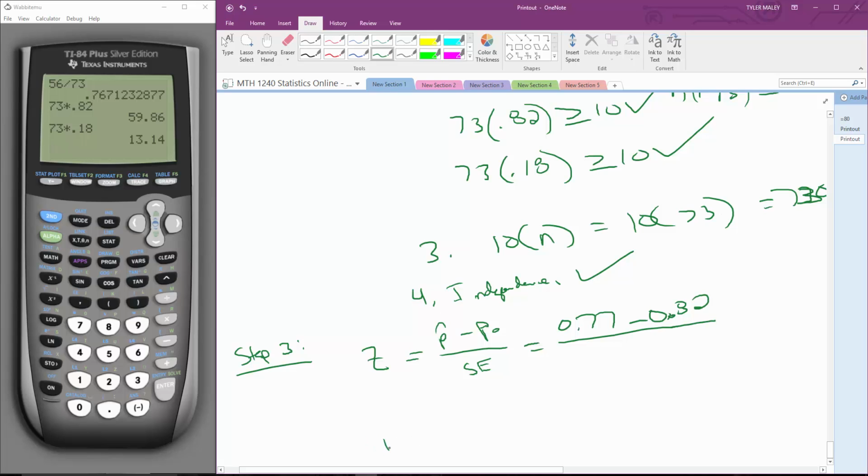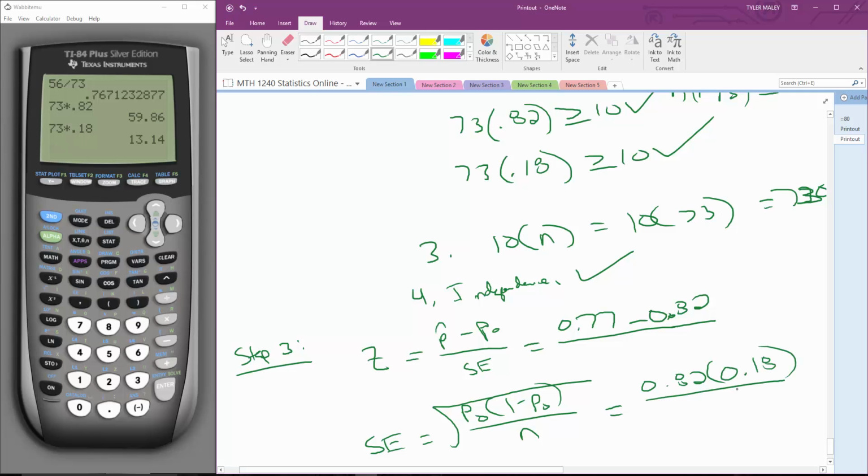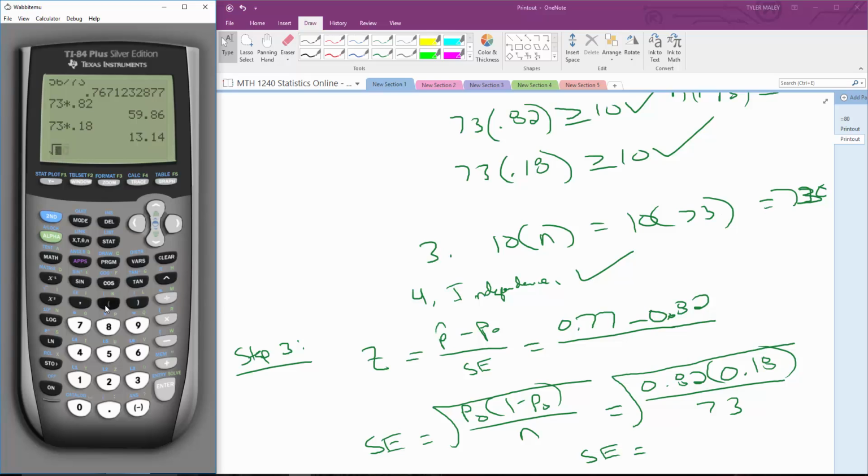And my standard error is equal to the square root of p naught times 1 minus p naught, all over n. So this would be 0.82 times 0.18 all over n, 73. Take the square root of that, see what standard error gives. So if we take the square root of 0.82 times 0.18 divided by 73, we get a standard error of,